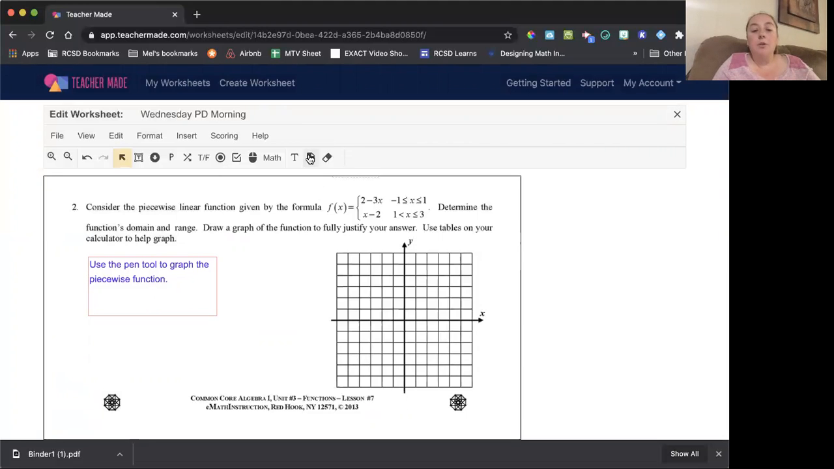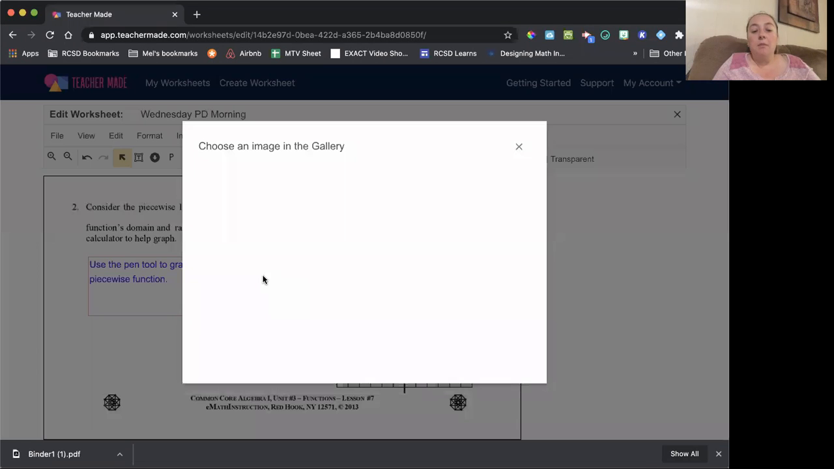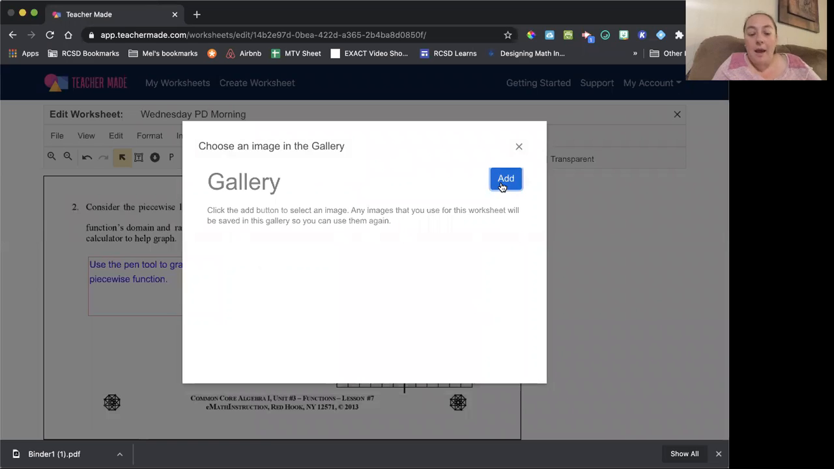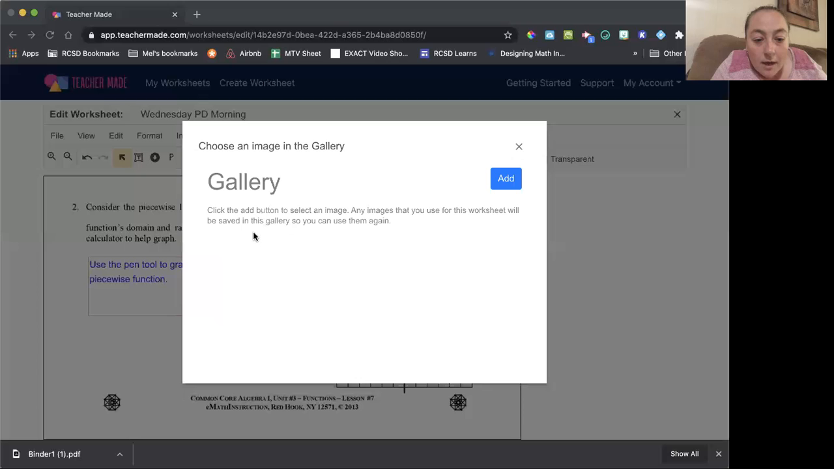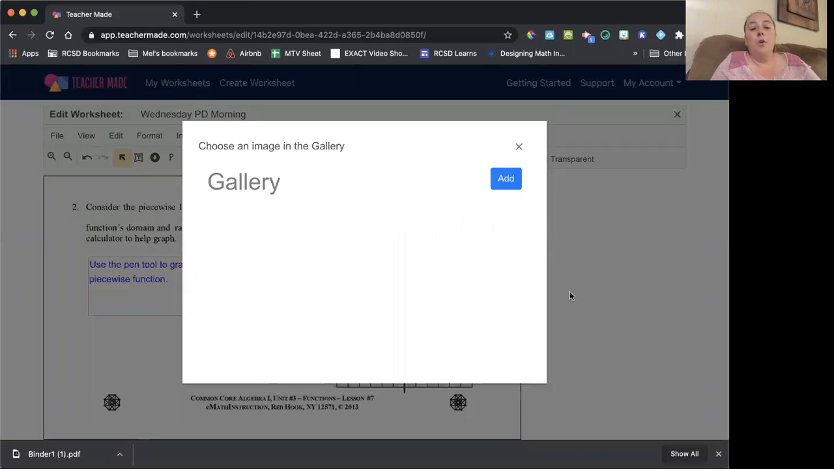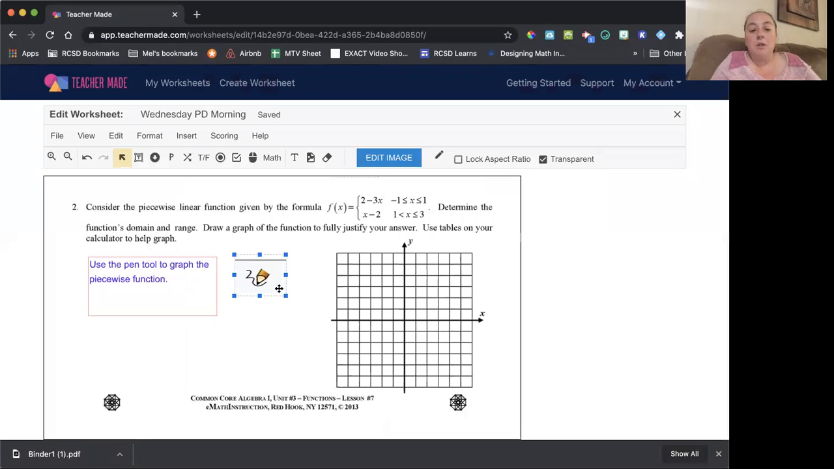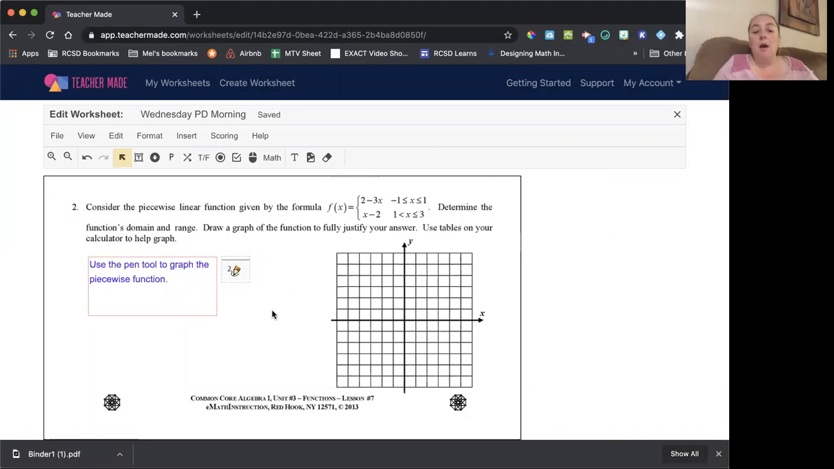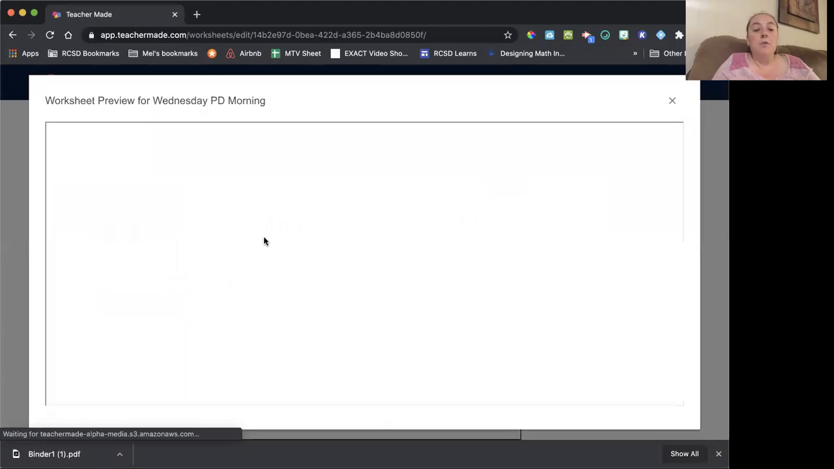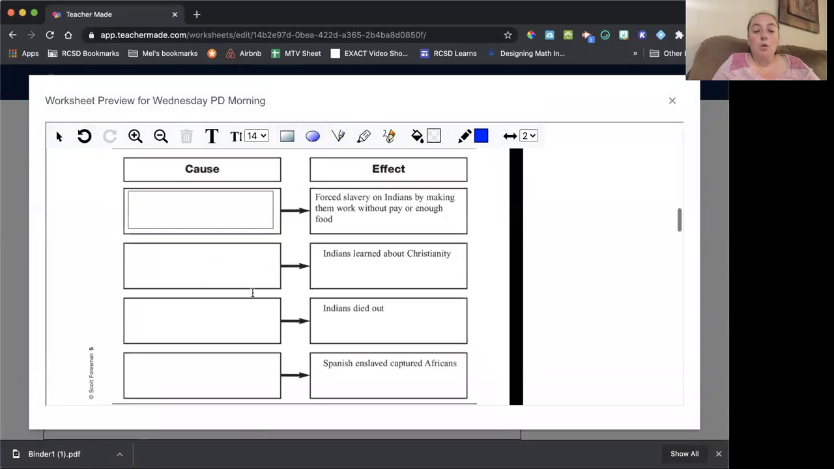I could also insert images. So what I can do is put an image right here, and I'm going to add an image I had, let's see if I can find it, of an icon for my pen tool. So I can add that image right here. What that's going to tell my students is they will need to use that pen tool to actually draw here. So again, when I go to preview to show it and scroll down,